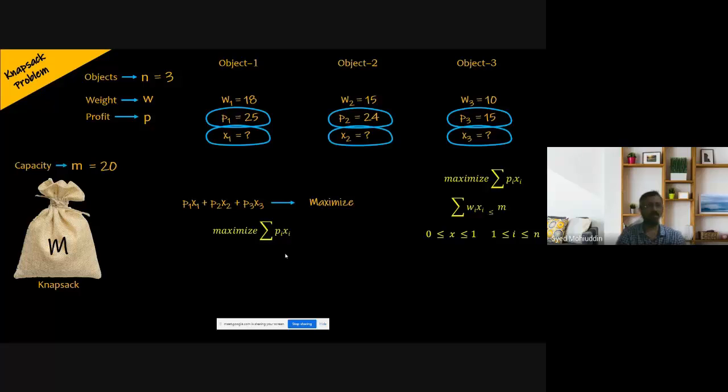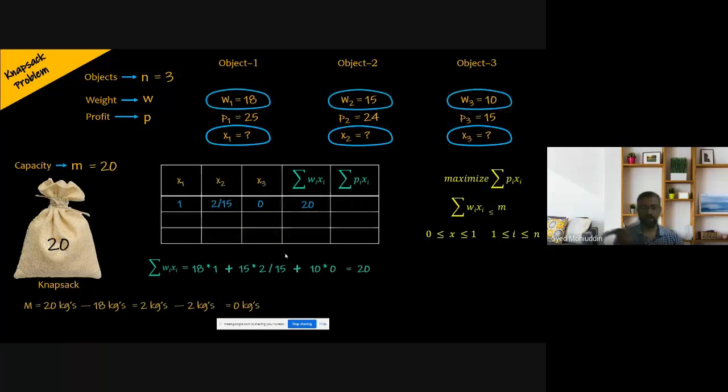The general example we considered for the greedy method was options of payments: debit card, credit card, and PayPal. There, PayPal was free, so we wanted to spend less money, so that was a minimization problem. Now here, this is a maximization problem because we want to earn maximum profit by putting object 1, object 2, object 3 in full, or part or fraction of these objects. So let us continue further. So what will be the